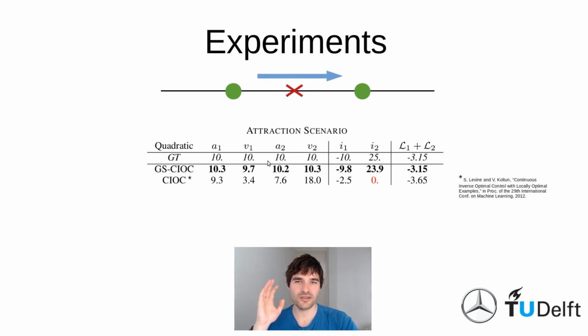So first of all, we just look at quadratic rewards. So these A1, B1, and so on, these are reward parameters that describe this scenario. Okay, we perform value iteration. It's a one-dimensional problem, so we can just use value iteration, where we discretize states and actions to derive the ground truth data. We have a ground truth reward function, and we create ground truth data, and then we feed that to our algorithm, general sum, continuous inverse optimal control. And we also feed it to continuous inverse optimal control, which is a single agent algorithm.